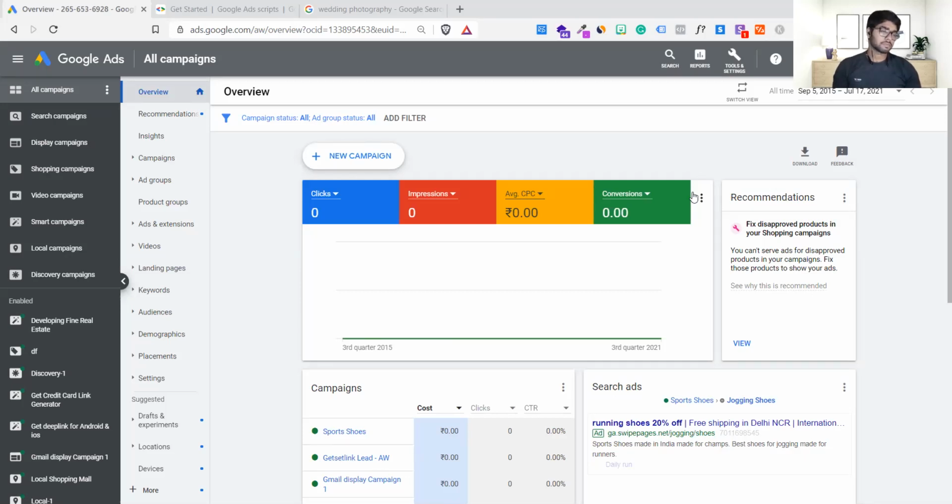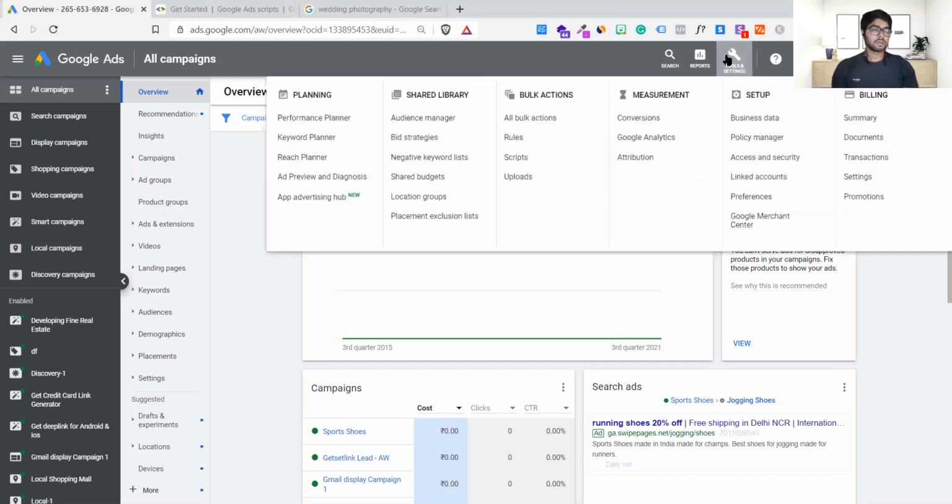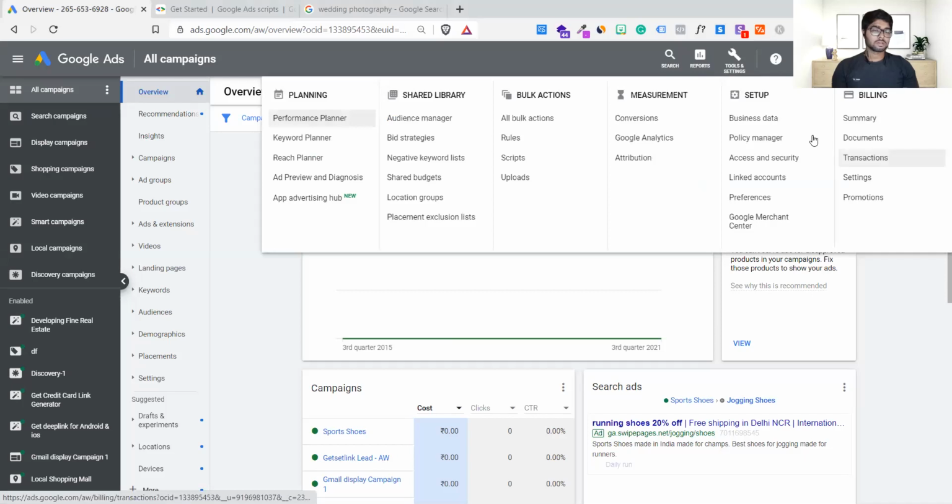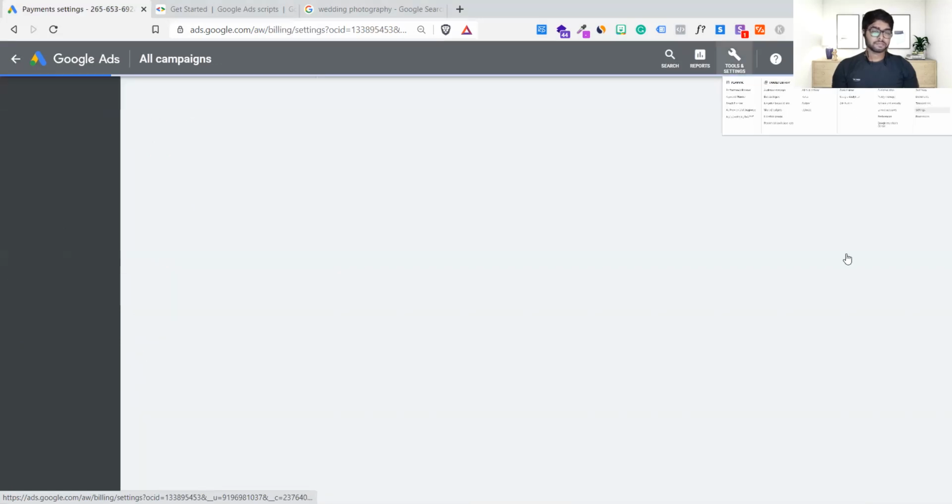How would the transaction happen, in the direct billing account of Google Ads or on your credit card or debit card? See, the transaction will happen on Google Ads, of course, but this will not be my Google Ads account. The Google Ads account will be created by them, and I will take access. There is an option to share access. From here you go to the users settings.